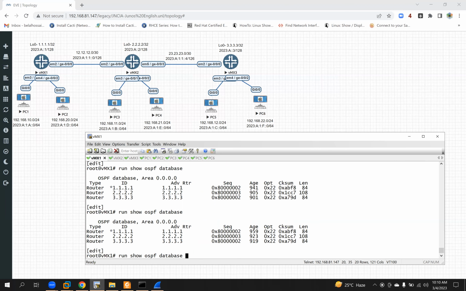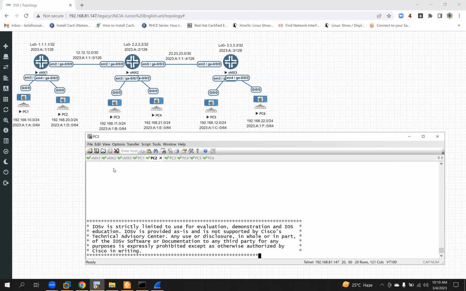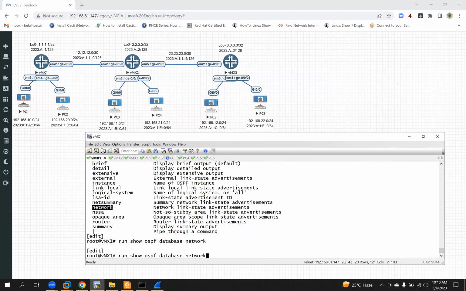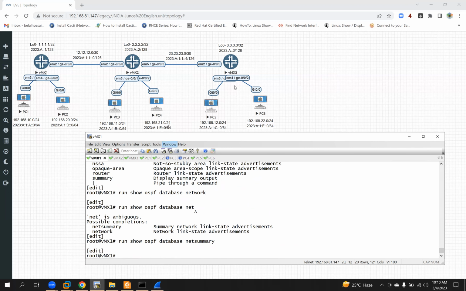OSPF database, and you can go into details. In the OSPF database there are different LS types. You can check through the database different types of LSA, like router LSA and network LSA. If you see network LSA is not here, and net summary, that means summary LSA is not here,